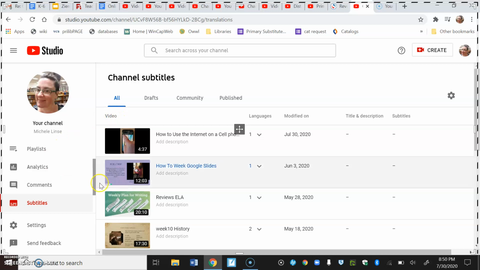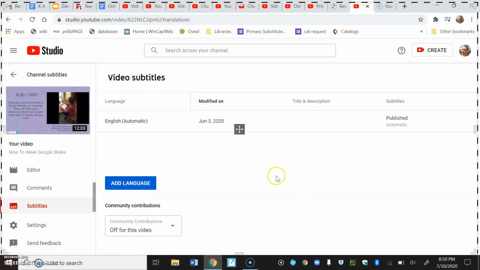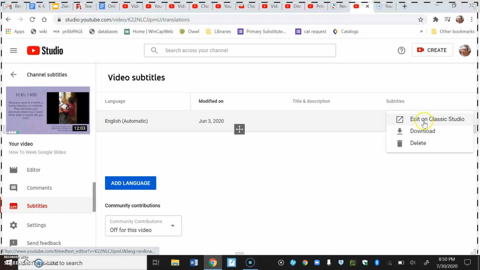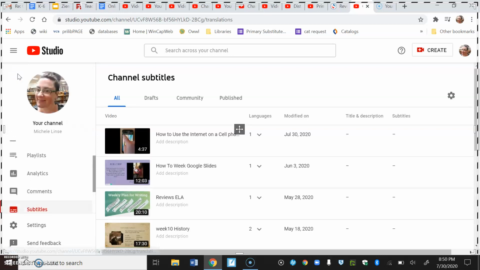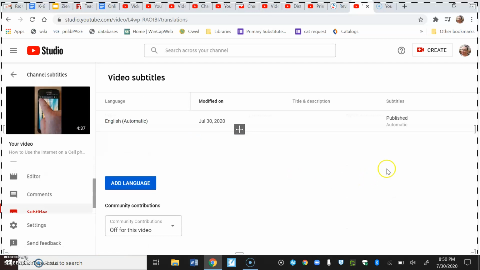Let me think really quick. I showed you how to get into Studio by saying create video. You go down this little hidden sidebar here to subtitles. When you want to edit them, you have to go to the hovered hidden menu and you can say edit. If you have added a video yourself and you have waited the correct amount of time for YouTube to finish translating your videos,